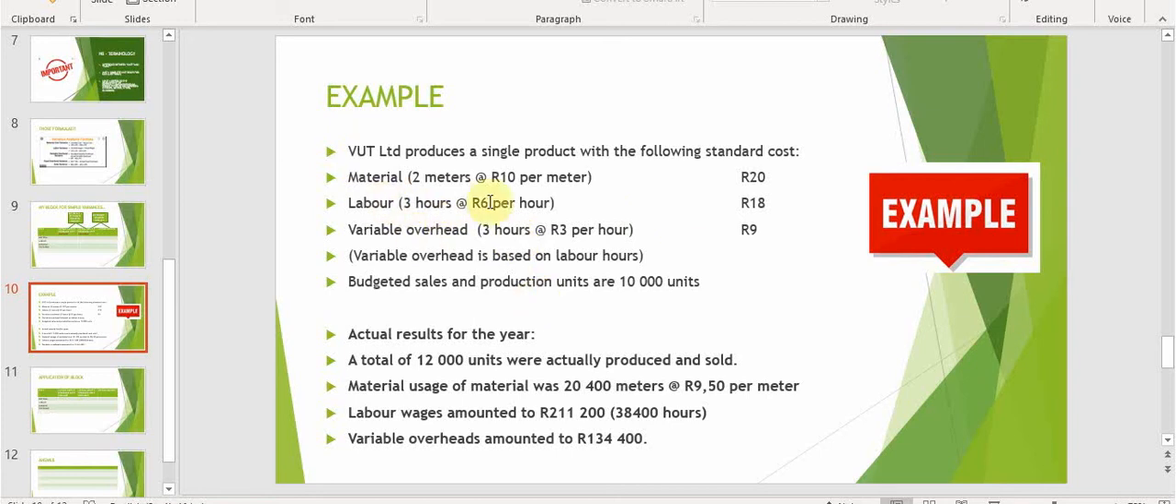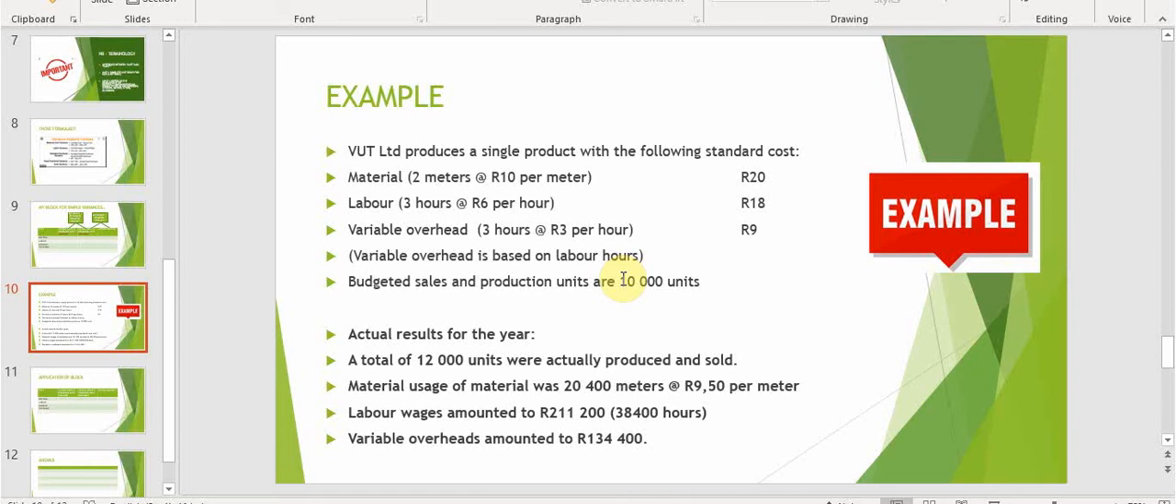So they've used that 3 labor hours to calculate the variable overhead as well as allocation base. Then it says budgeted sales and production units are 10,000 units. Then we move on to the actual results. The actual results is what really happened for the year. Once the end of the year came, the financial accountants will now account for everything and set financial statements, and that's the actual results. We have it in, and now we've discovered that there's 12,000 units that were actually produced